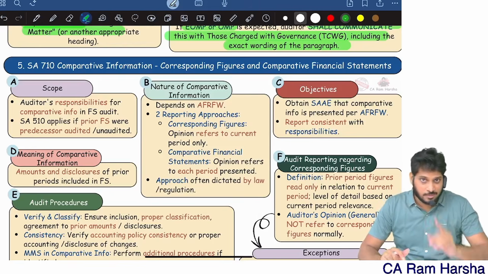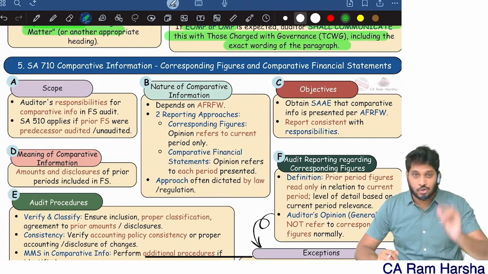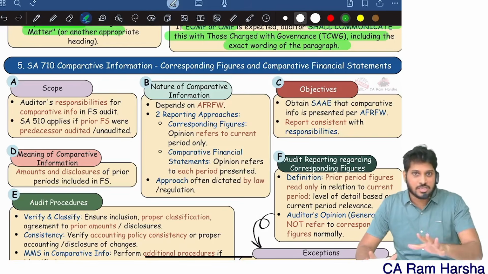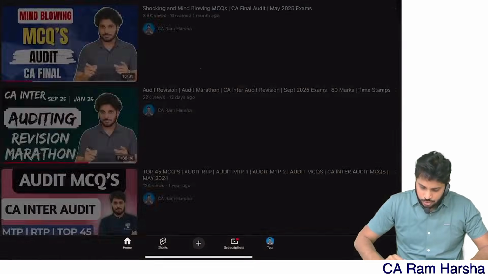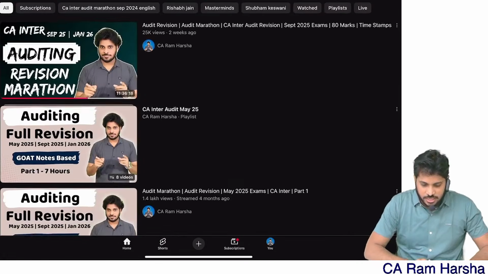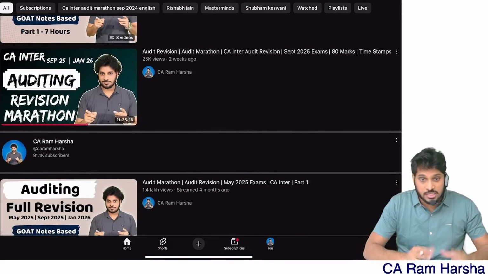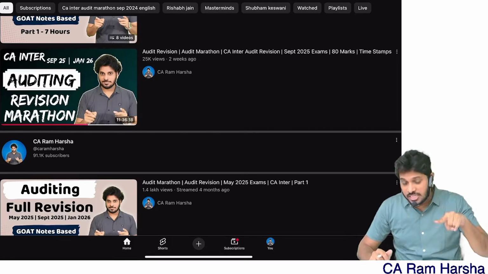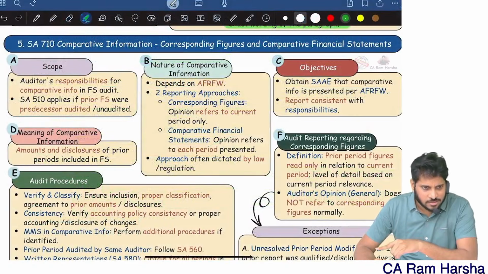And remember, once again I'm telling the online viewers, this is a chart notes quick revision only. Don't expect too much explanation in this. Here I'm only revising. If you want explanation in the revision itself, I have a 12 hours marathon which is already uploaded, 80% already. For example, I'll just show you the audit marathon. The first one, the green one, is 11.5 hours. That one you need to watch. In this, with examples and all, I discussed a little conceptually. All the dots will be connected. Only after watching that should you watch this. Okay, we'll continue the remaining topics in the next session.